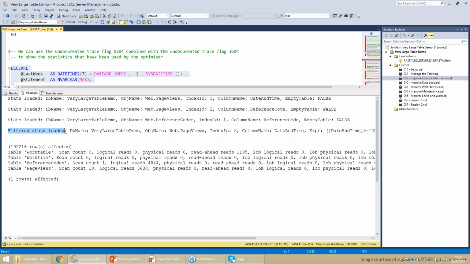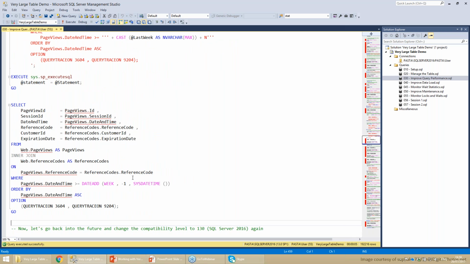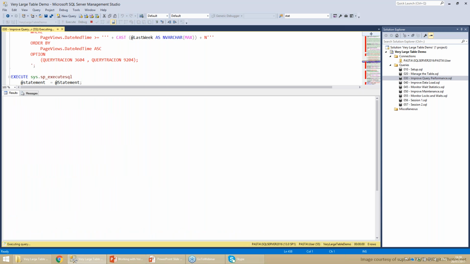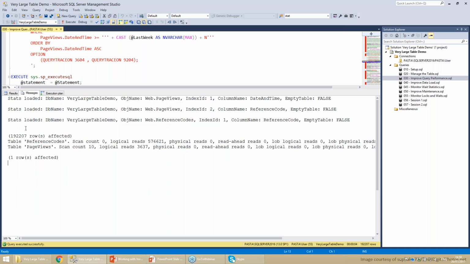We have the filter stats loaded, so we know that we use the filter statistics. And if we use the non-deterministic expression as before with the same trace flag, we will see that in this case, where we get the nested loops plan, we are not using the filter statistics. Okay, so it does not appear here.